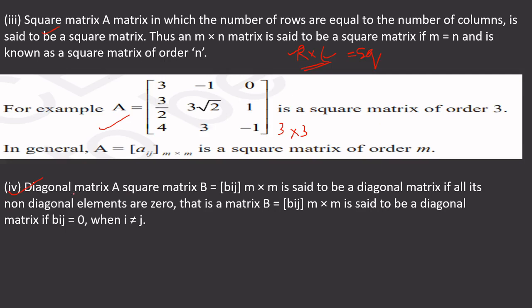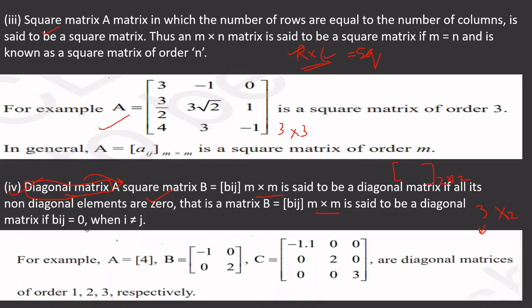The second thing we have to learn is the diagonal matrix, and these are some important matrices. Now we start the diagonal matrix. What is the diagonal matrix? We have to know that a diagonal matrix must be a square matrix. Why can we say that? Because only when there is a square matrix can we say that there is a diagonal. 2 cross 2 has a diagonal, 3 cross 3 has a diagonal. If we have a 3 cross 2 matrix, there is no proper diagonal in it which we can define.